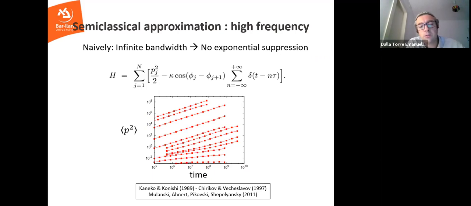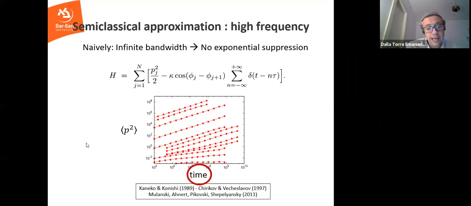These are all works by well-known people in many-body chaotic classical systems. This is time, and this is the kinetic energy. You see that the kinetic energy grows linearly with time. So this is just basically regular diffusion. Technically, it's called the fast Arnold diffusion because the slope is small. Maybe you can see here that the slope is small, but still it's diffusion. It's maybe not the simplest type of diffusion, but it is still diffusion. You can see that there is a linear dependence of the energy on the time. So that's not what we are looking for.